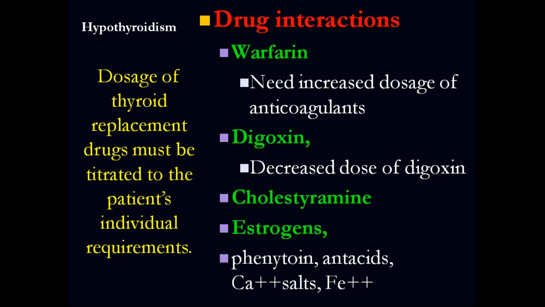All right, so here we have drug interactions. Warfarin: you need to increase the dosage of anticoagulants, so the warfarin needs to be increased in dose. How do we check the warfarin? With PT, right, or INR. Digoxin: decrease the dose of digoxin. Cholestyramine is a bile acid sequestrant. Estrogens,